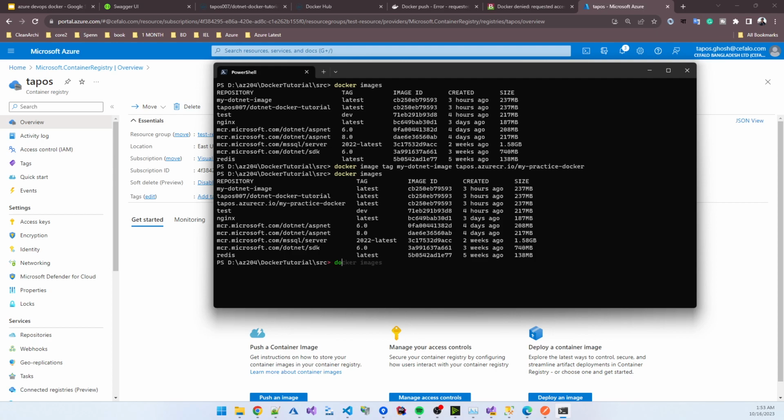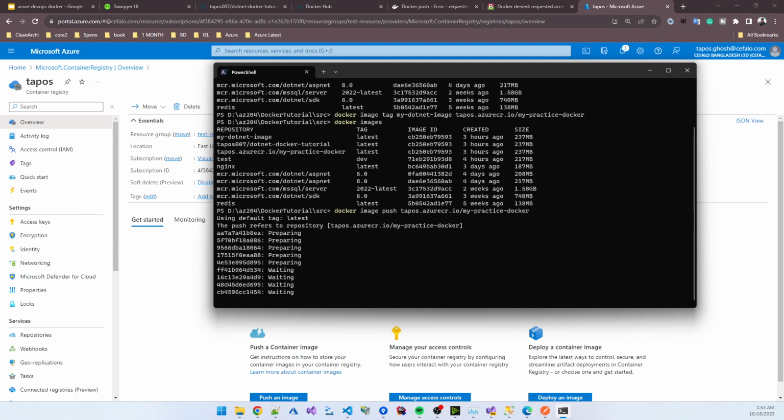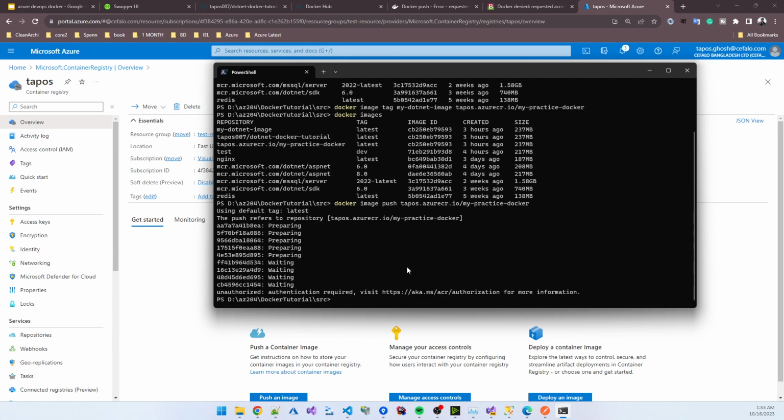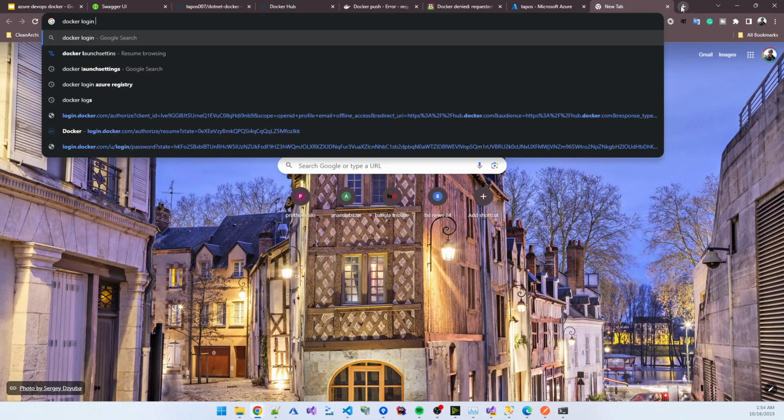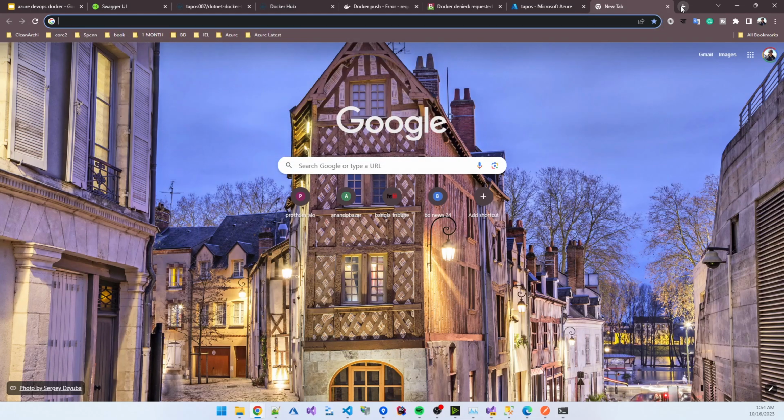Now I add Docker image push. The push refers to the repository. Similarly, the authentication is required. So Docker login Azure registry, if I click,